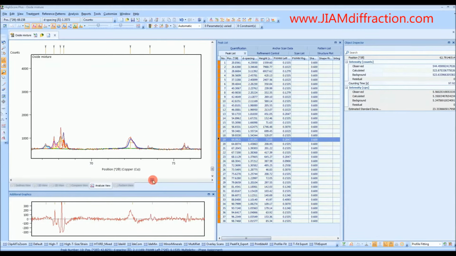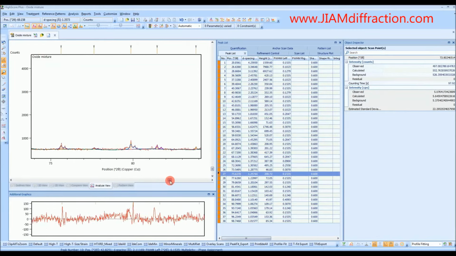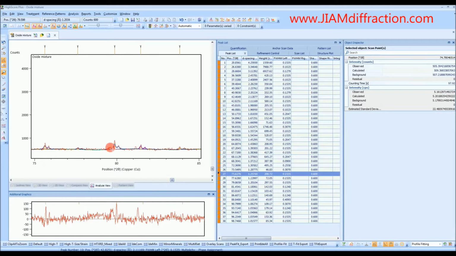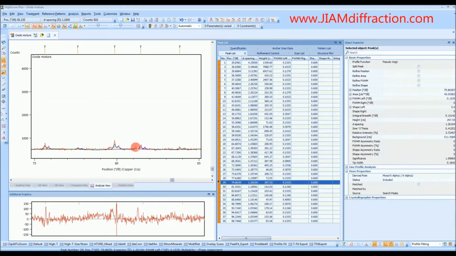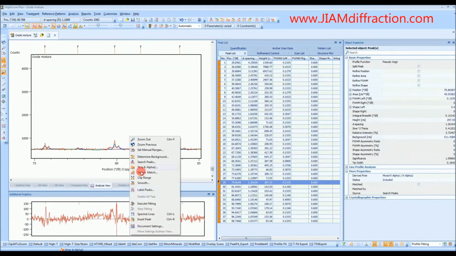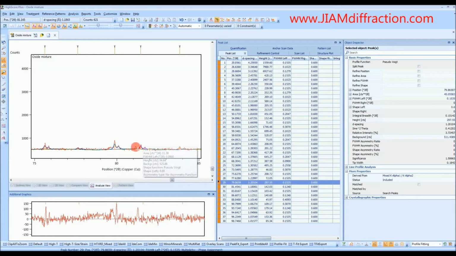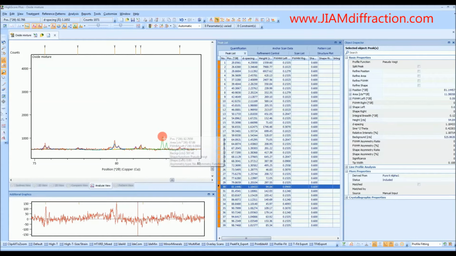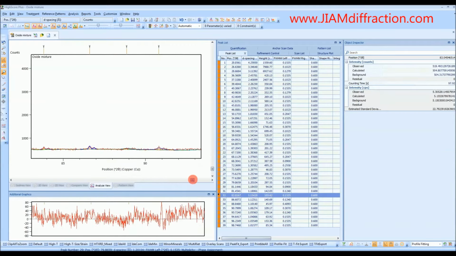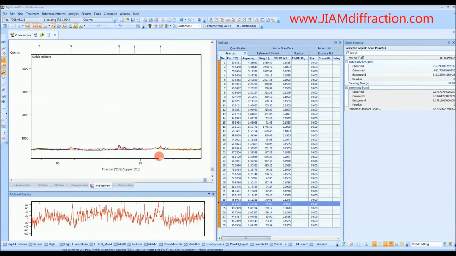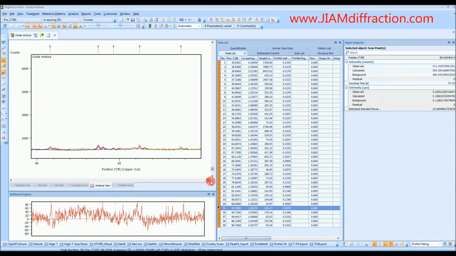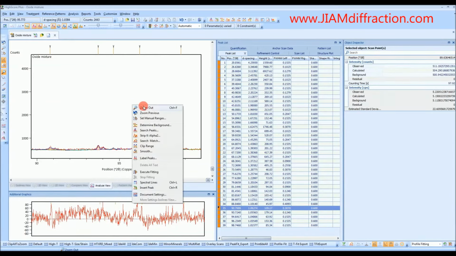So let's continue on, make sure that no other mistakes are found. Here, this might be a peak, but it might not. It's kind of noisy, so it's hard to tell. This most likely is a peak, so we will just insert one there. Right click, insert again. This might be a peak, hard to tell, so I'll just leave it off for now. Now if we zoom back out,